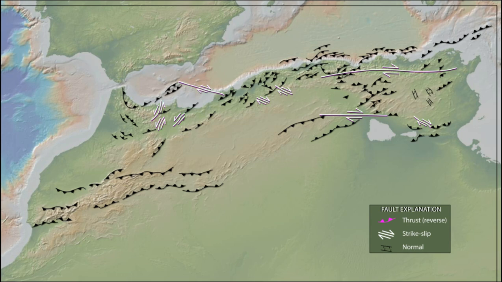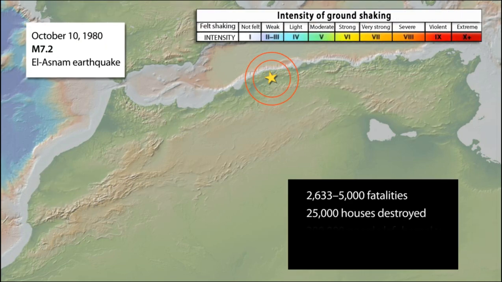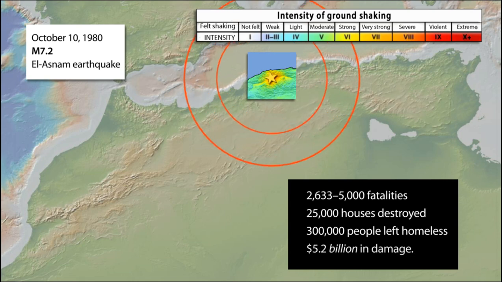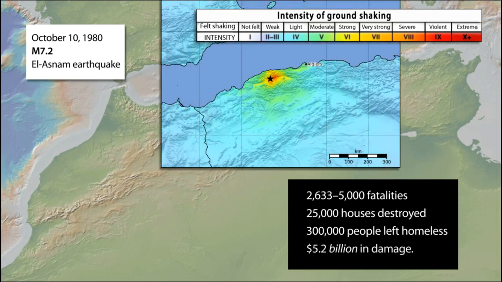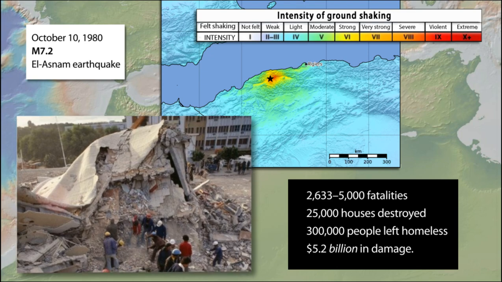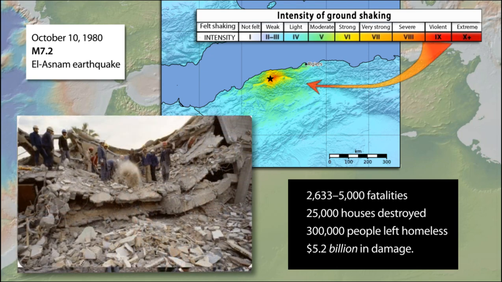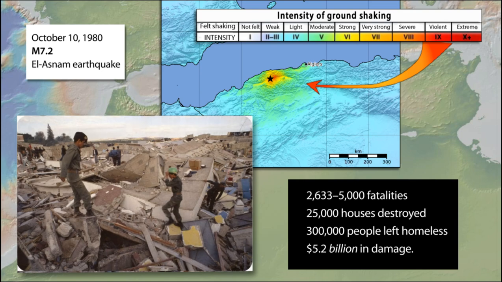These faults have produced the most destructive and deadly recent earthquakes in Africa. On October 10, 1980, the largest North Africa earthquake ever recorded by seismometers, and probably the largest in the Atlas Mountains since 1790, struck northern Algeria about 100 kilometers from Algiers. This magnitude 7.2 earthquake produced violent ground shaking near the epicenter at El Asnam and was felt in Spain over